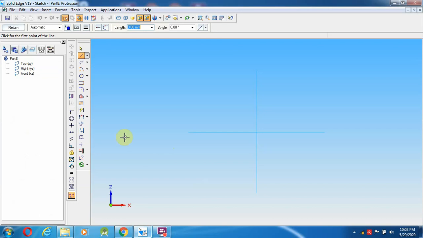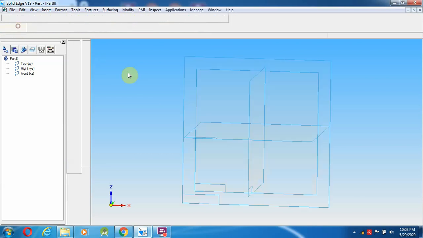So go over here, select a line from here to 4.5 mm. It is the square 4.5, 4.5, 4.5 and join over here. Then return.